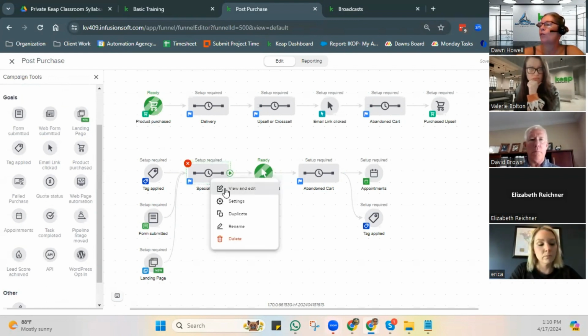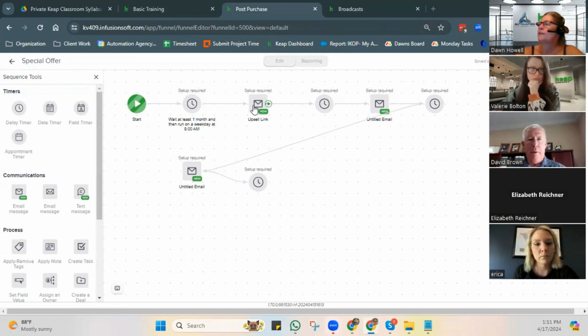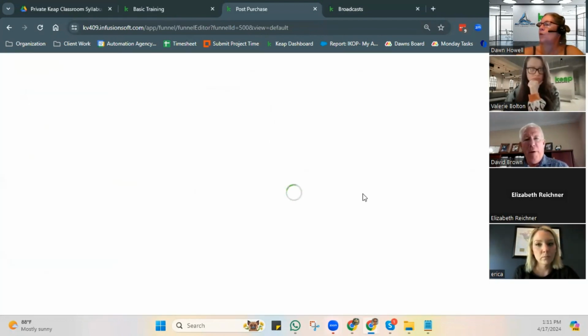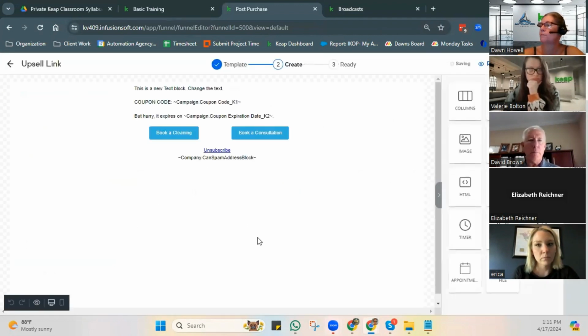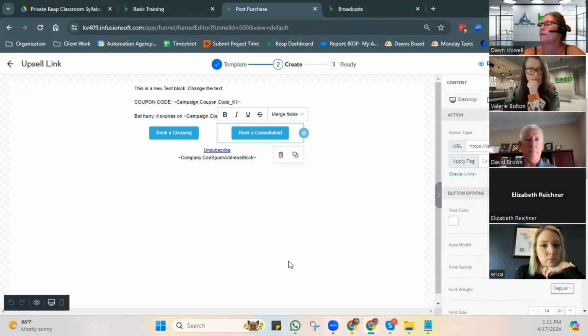This is a great goal if you wanted to. And again, we're going to backtrack just a little bit and revisit just to make sure it's super, super clear. Let's say you had an email with a link and you wanted to know when somebody clicked the link. You wanted to know if they clicked on book a cleaning, or if they clicked on this. Now, one thing that came up